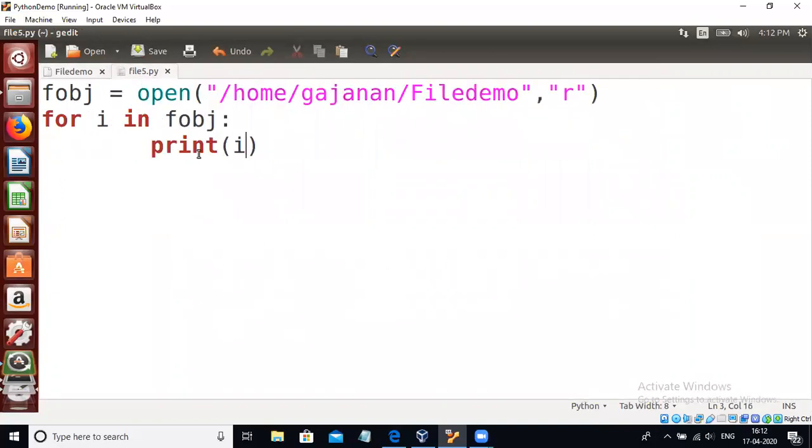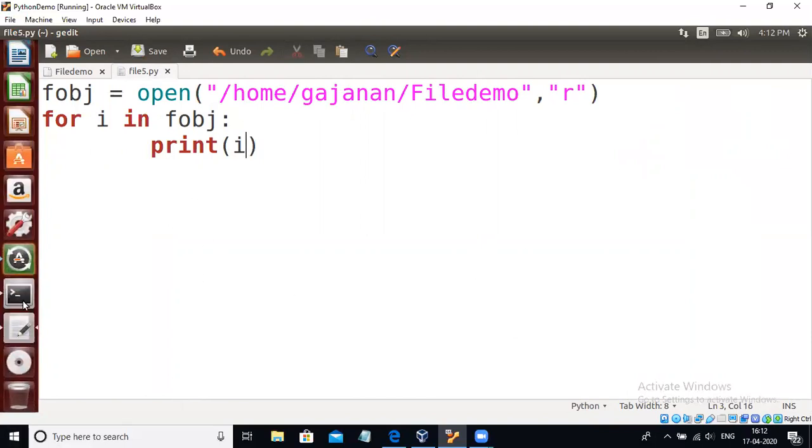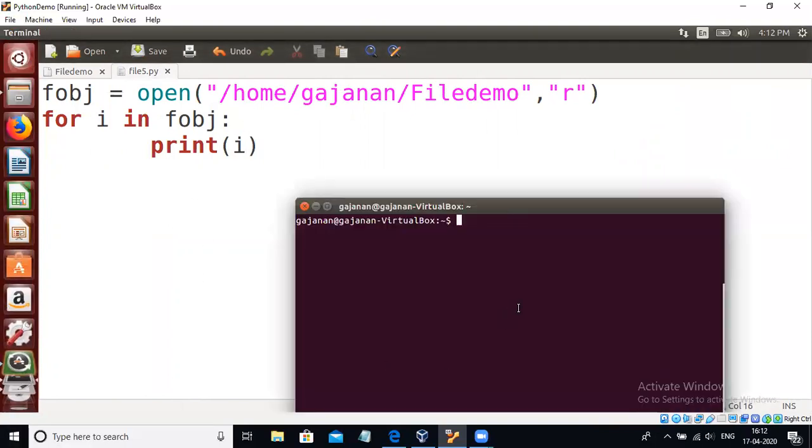For that we have written this program with the help of a for loop, and with the help of the for loop you will print these contents on the terminal. So: python3 space program name dot py. The program name is file5.py.